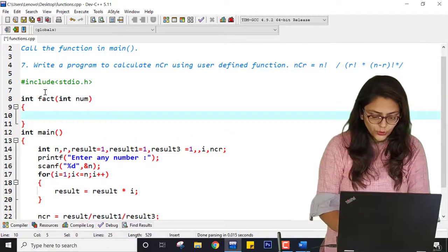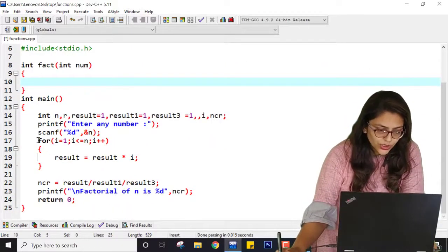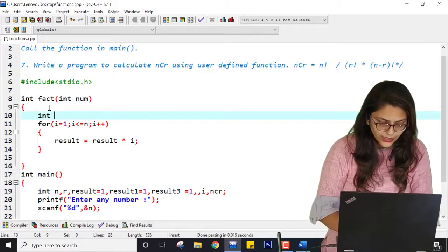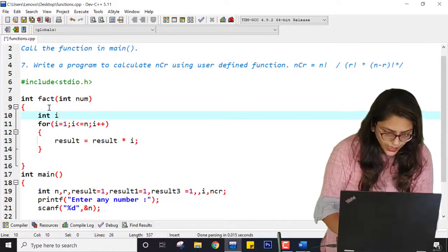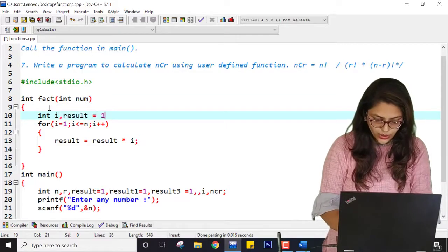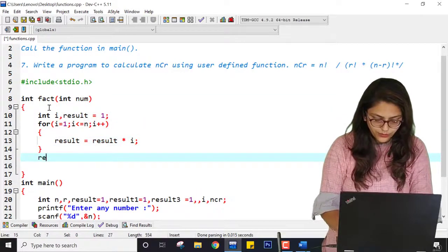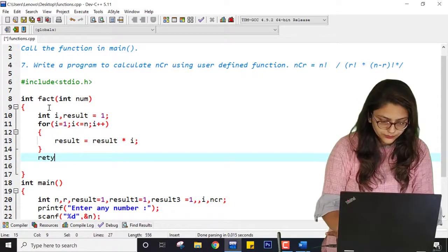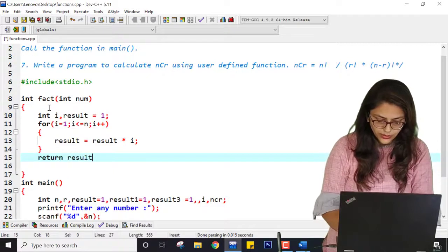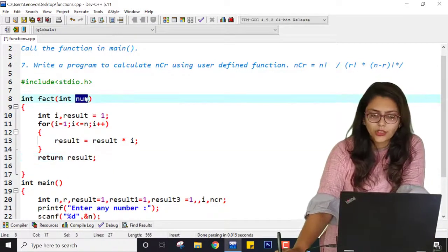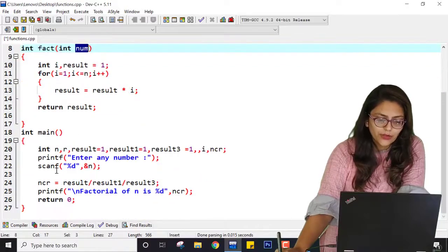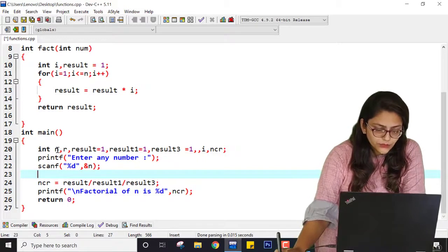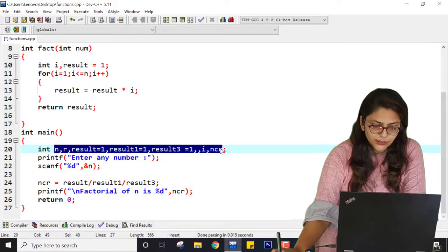You just copy this code and paste it over here, and here you have to declare int i, then result equal to 1, and at the end of this function you just return result. So whatever number will be passed to it, it will find a factorial of that number and return it.